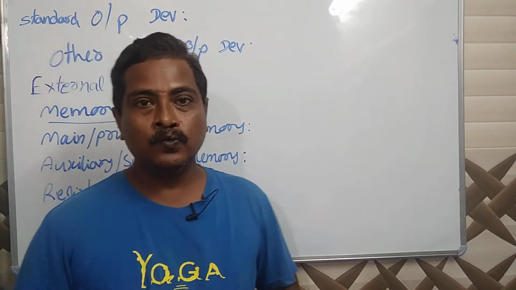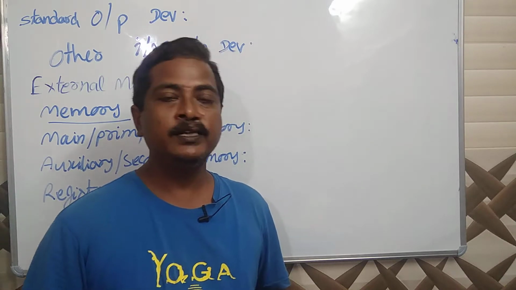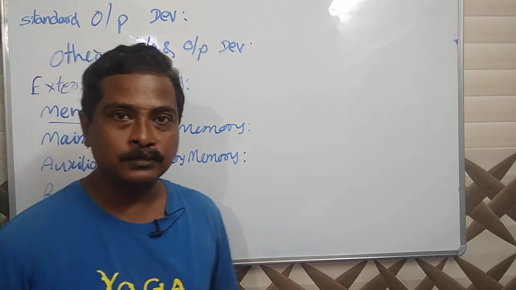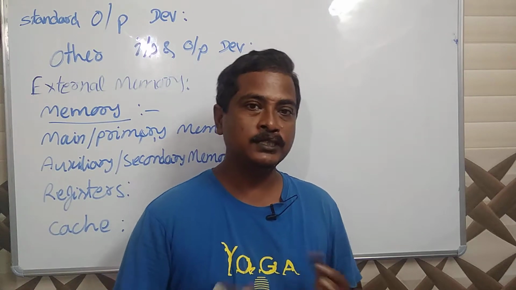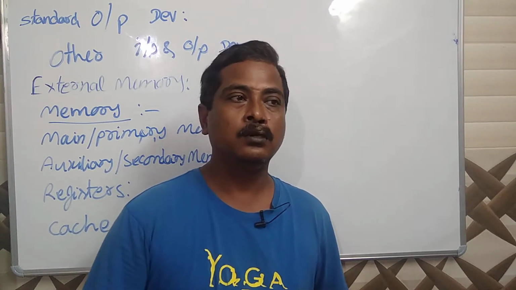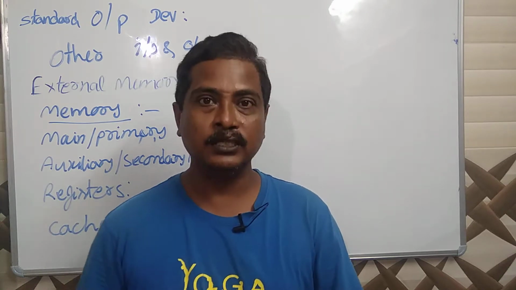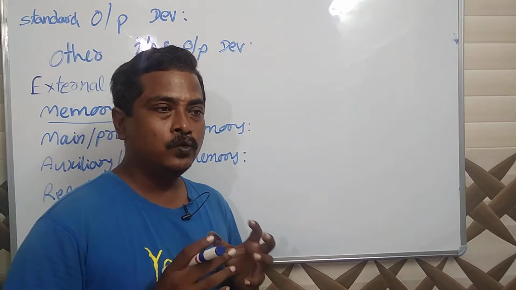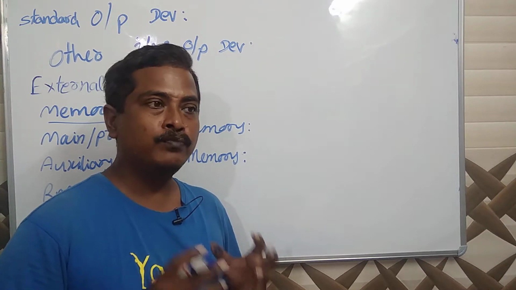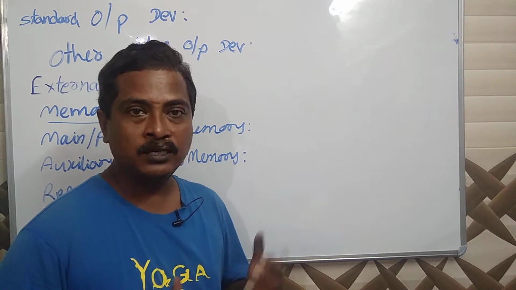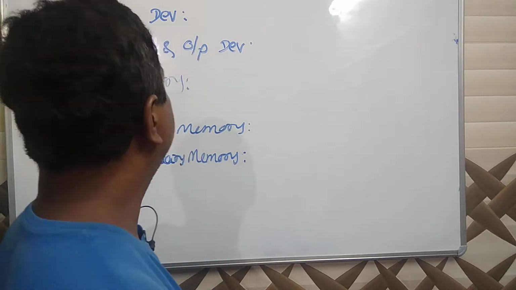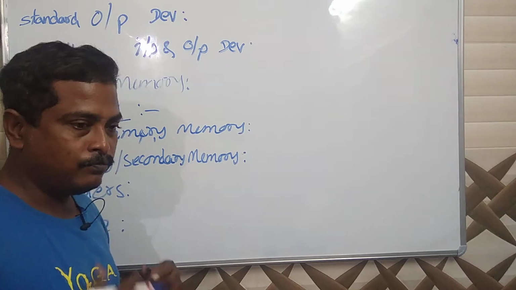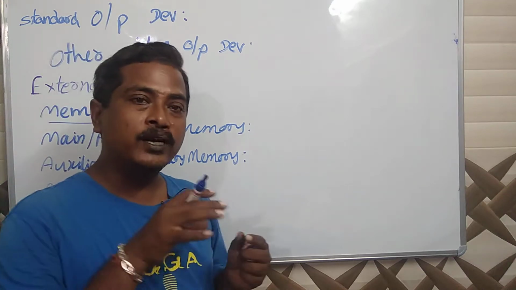In this video, we will discuss various input devices, output devices, and memory devices, which are inside the computer and also which are outside the computer. Inside the computer, there are a few components which come under the computer definition. For example, generally we speak of input device and output device, but when we enter into programming,